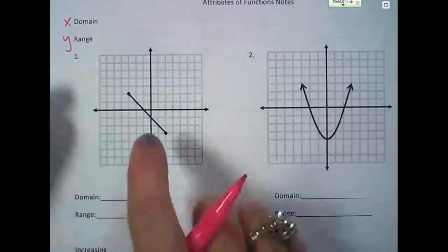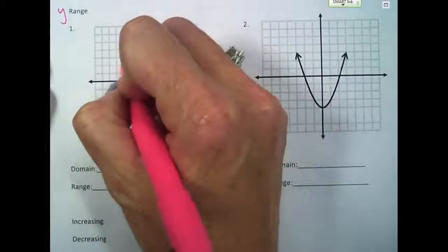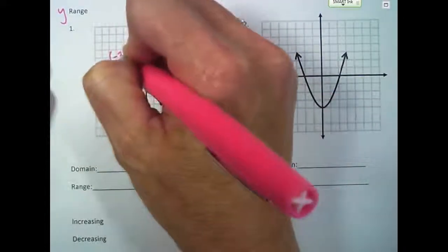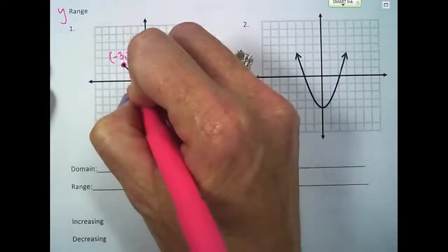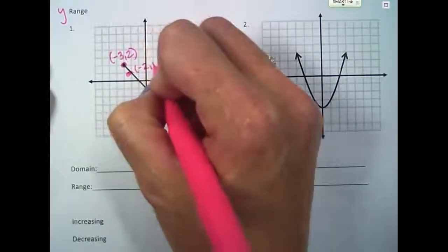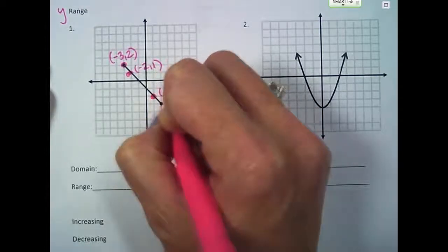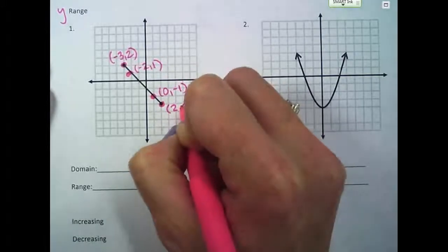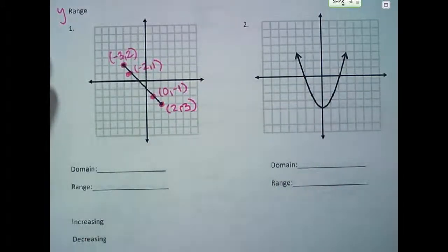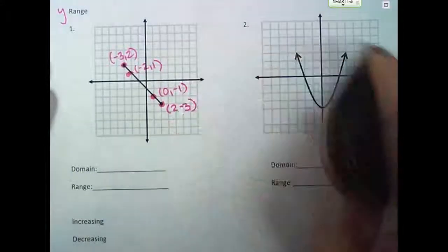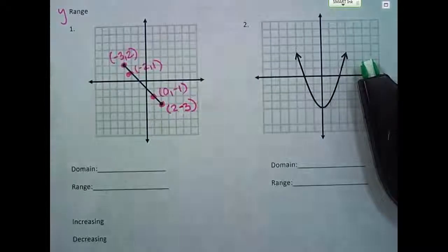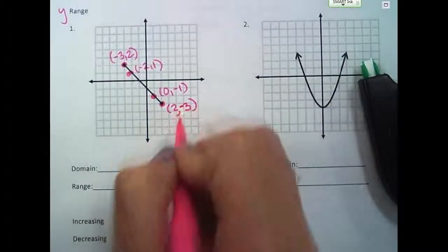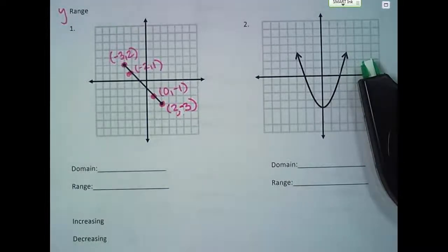So if you take these points, and I'm going to label them. We will not do this every time. I just kind of wanted to talk to you about it. If you try to label them every time, it would take forever. Just labeling a few. Okay, so I labeled a couple of the points. This would take forever, but it's a way to look at it. If we looked at it this way,